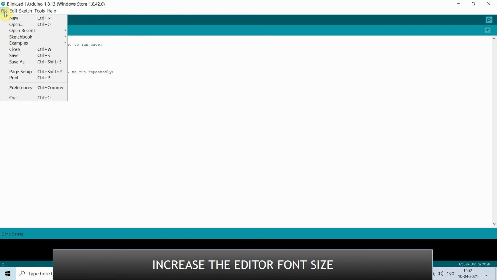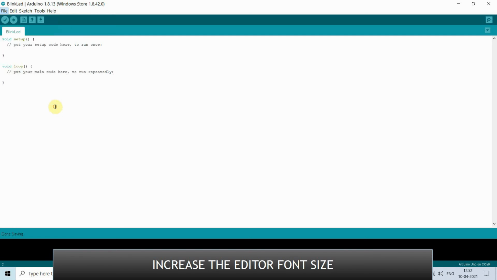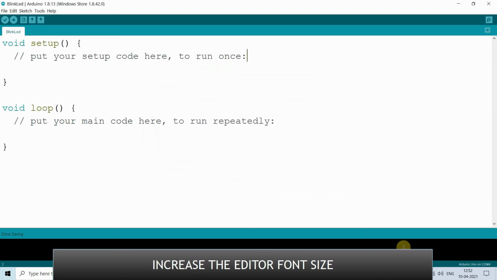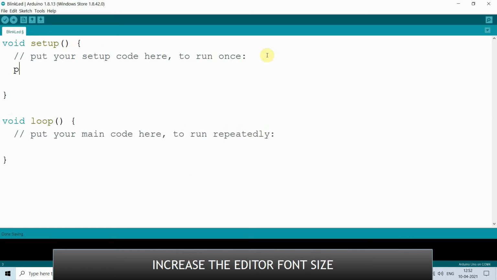Now we will increase the font size by clicking on File, then Preferences. Here you will find the option of editor font size. So make it 30 and press OK. So now you can see the font is visible. Now we will write our first code, that is turn on the LED. To turn on the LED, we will write code in void setup.